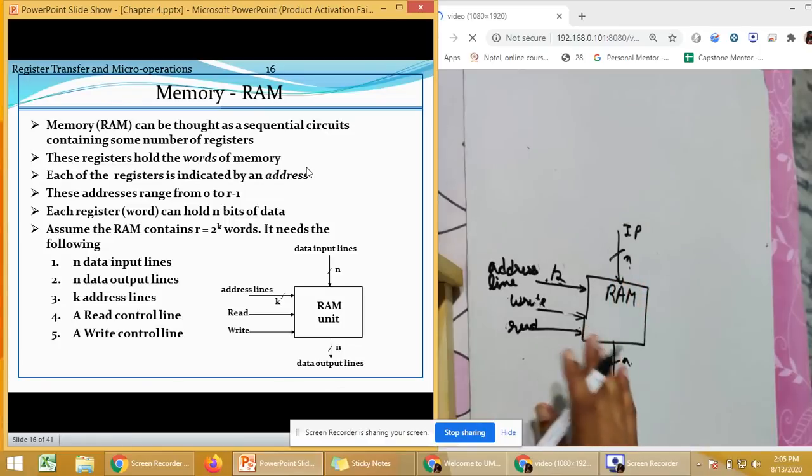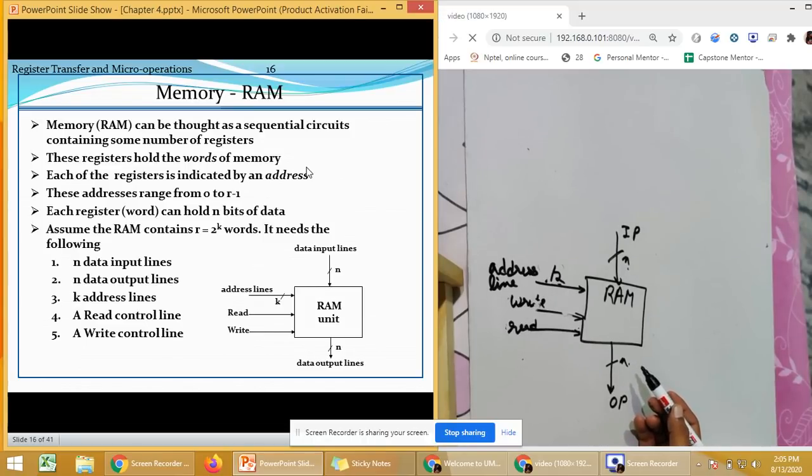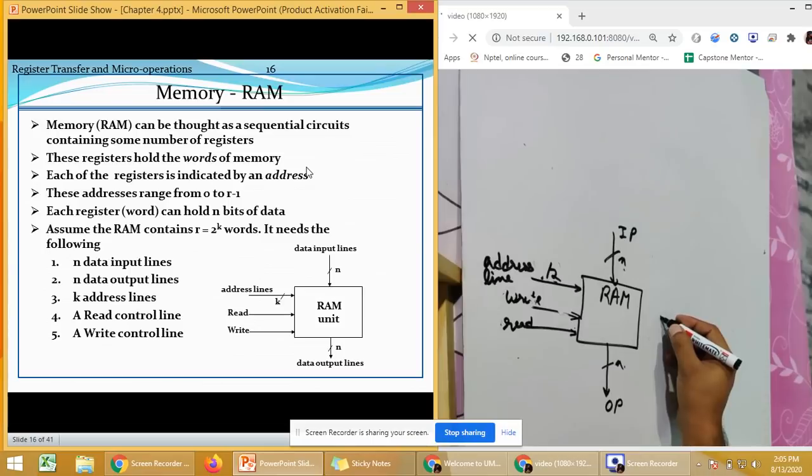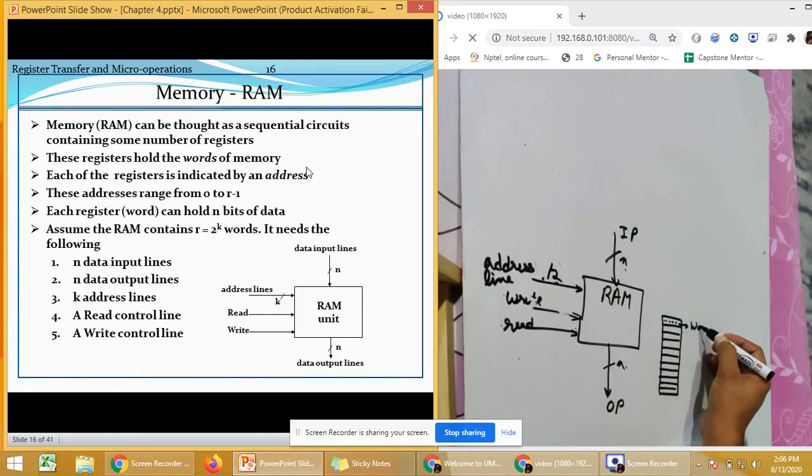Now, I will just tell you an example. Like if we are having 256 words, we will talk about the number of storage lines and everything later on. I'm just going to tell you how many words a RAM stores. Okay. Now, what is a word? In this case, a RAM has its content stored in this form. So this one row, like this, is known as a word.